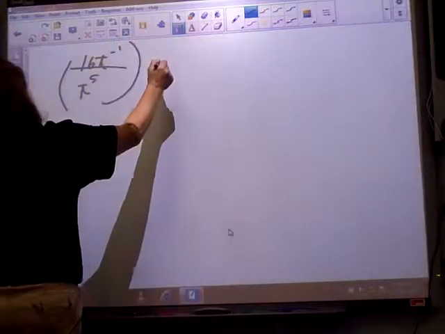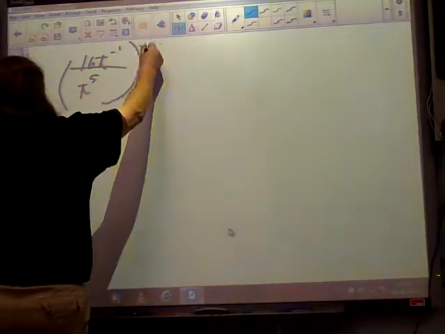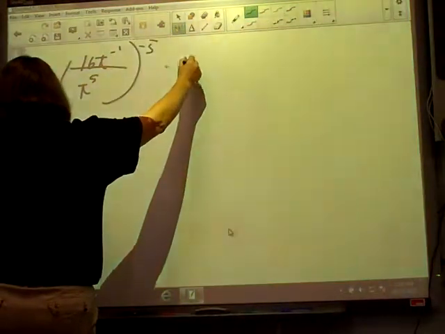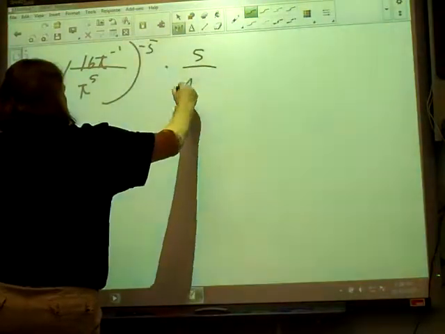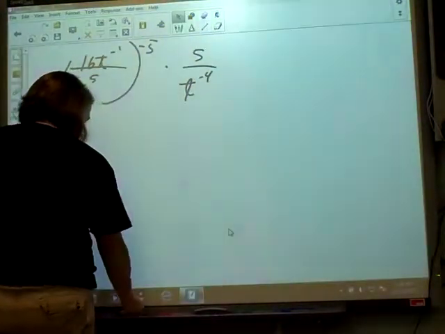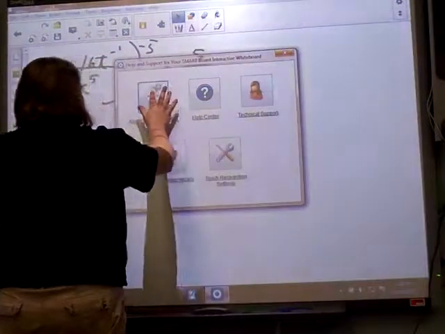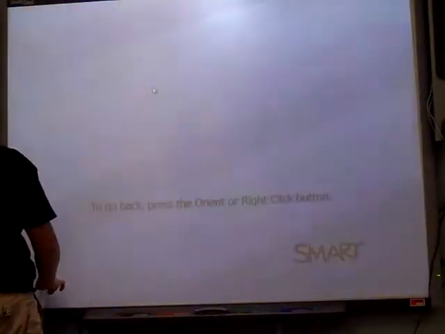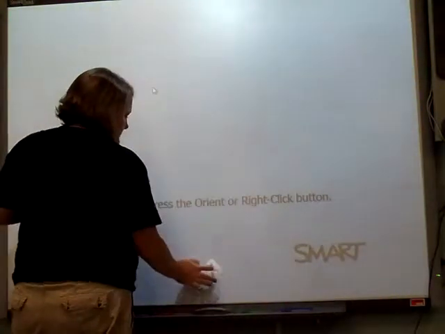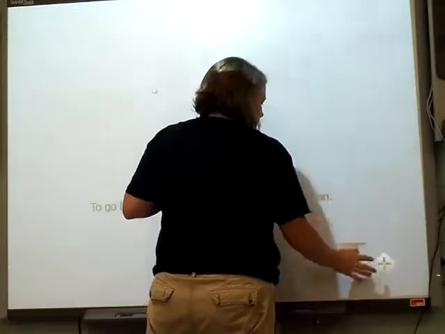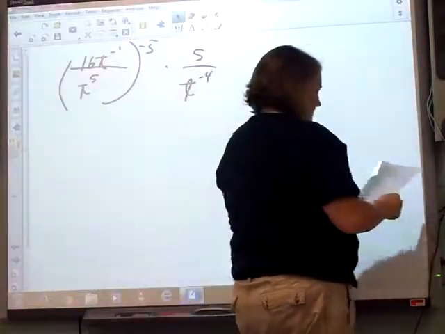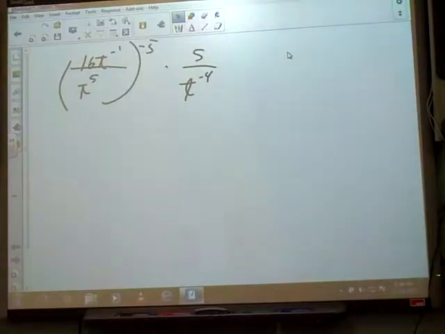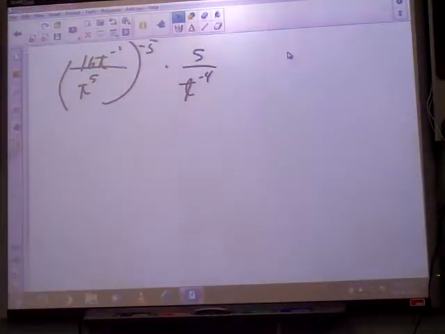I'm going to have to reorient this again. All to the negative 5th times 5 over t to the negative 4th. Pause while we reorient one more time. Alright, maybe we'll be good now. I don't know. Alright, so the negative 5 outside that big bracket or parentheses, whatever that is, that's what gave